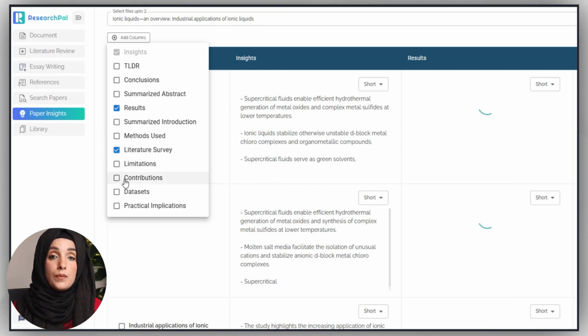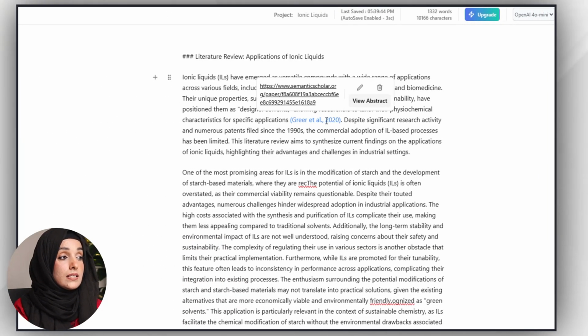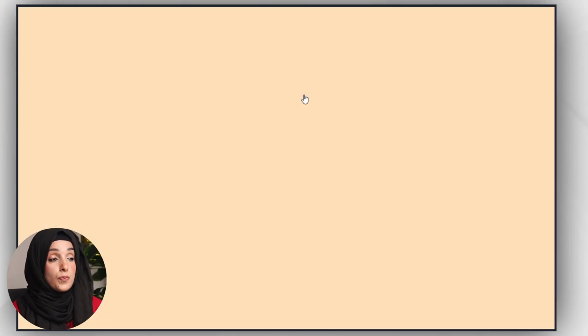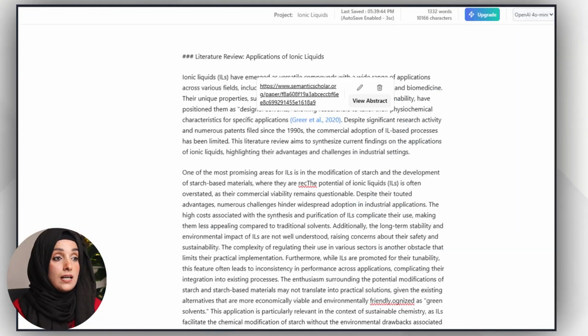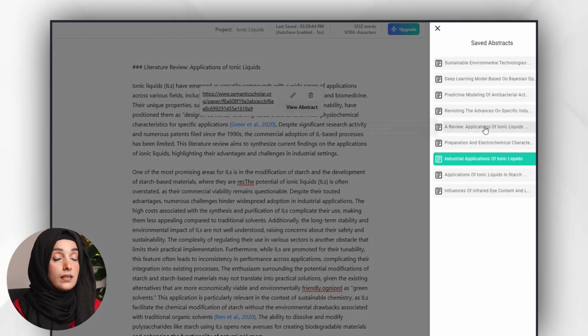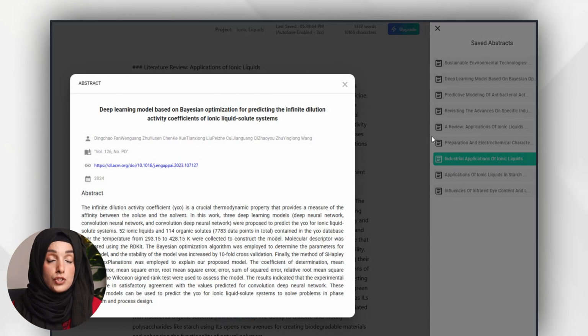When you are writing with the help of ResearchBall, you can cross-check the information just by clicking on the link available, and this link will take you to the source of the paper. You can even view the abstract of each paper while staying in the same interface, and by cross-checking the information, this tool is providing you with the original source.